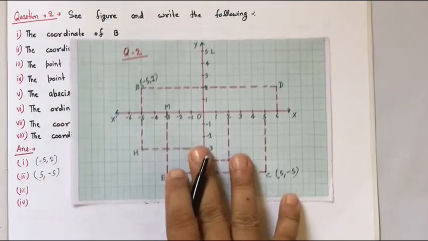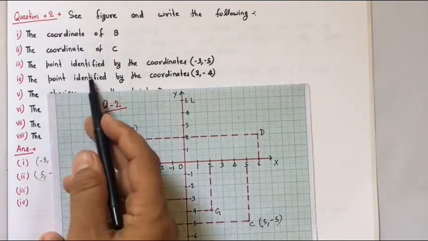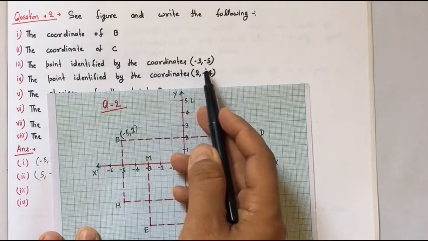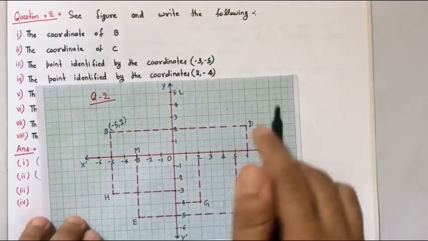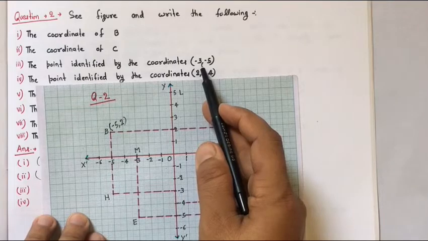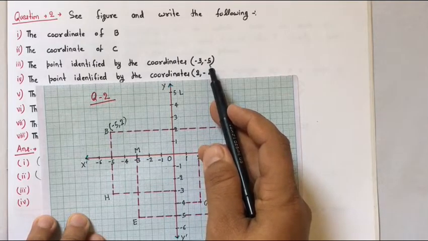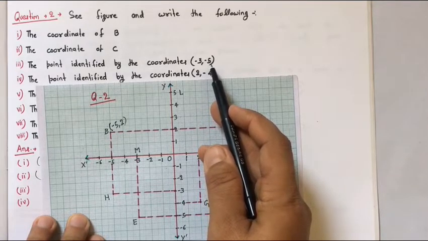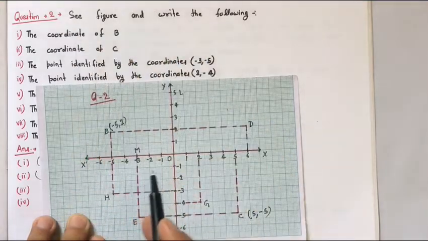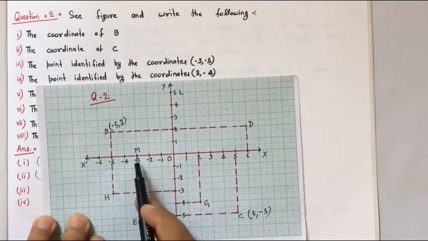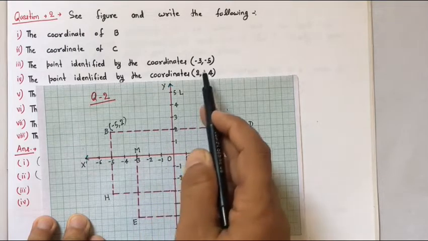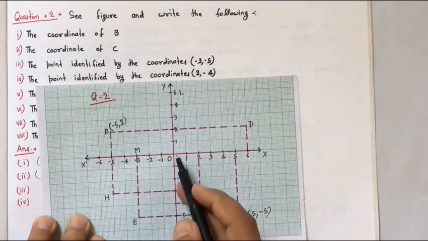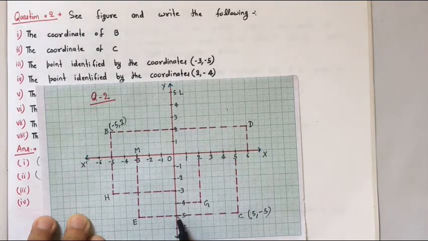Okay, now the next one, the point identified by the coordinate -3, -5. -3 is on the x axis and -5 is on the y axis. So come to the x axis at -3. On the x axis this is -3 and on the y axis -5. In the y axis this is -5, and when we produce both the points perpendicularly, they meet at the point